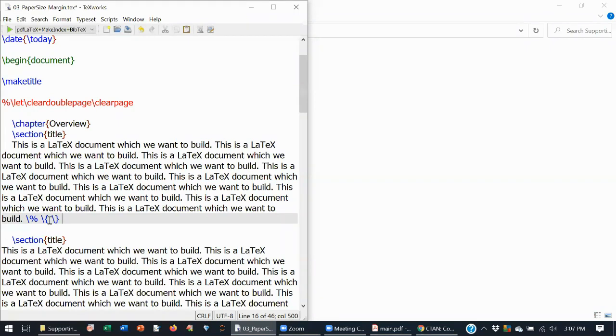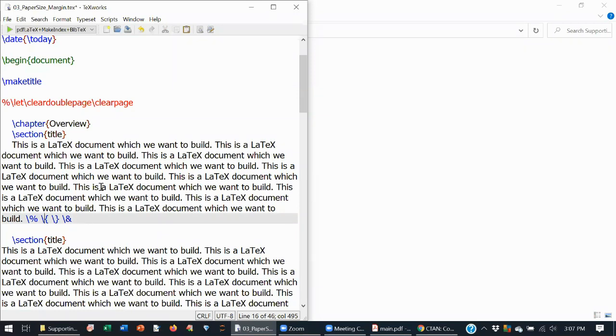Another thing is the ampersand symbol, you cannot use it directly in LaTeX. For that also you have to put a slash and then the ampersand. Why? Because the ampersand is used for separating columns in a table in LaTeX. So you cannot use those things directly. If you want to use any of the symbols like dollar, curly bracket open or close, or ampersand, you have to put this backward slash first. Keep in mind, if any of these are present without this slash, the document will never compile. That will give you an error.